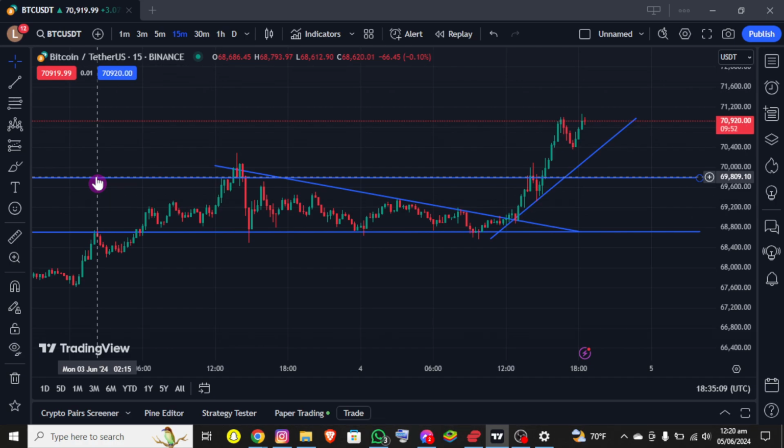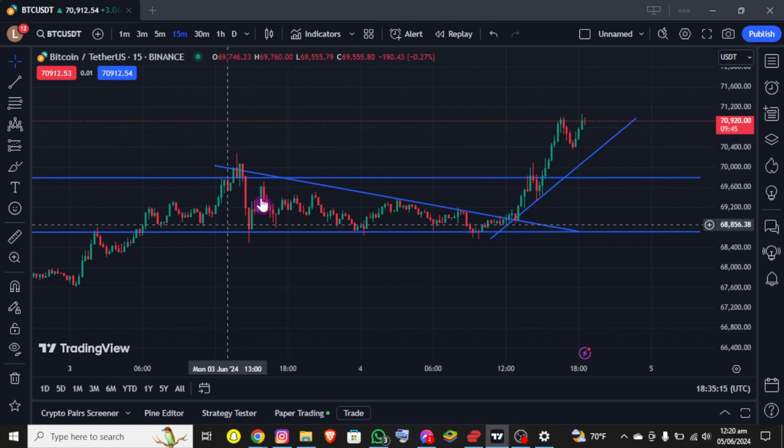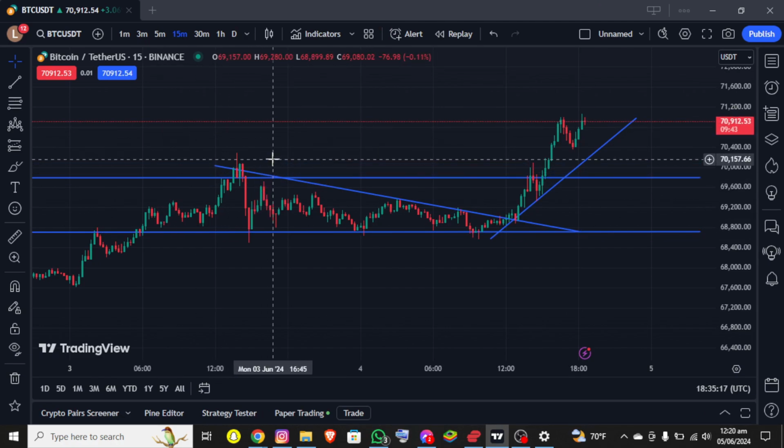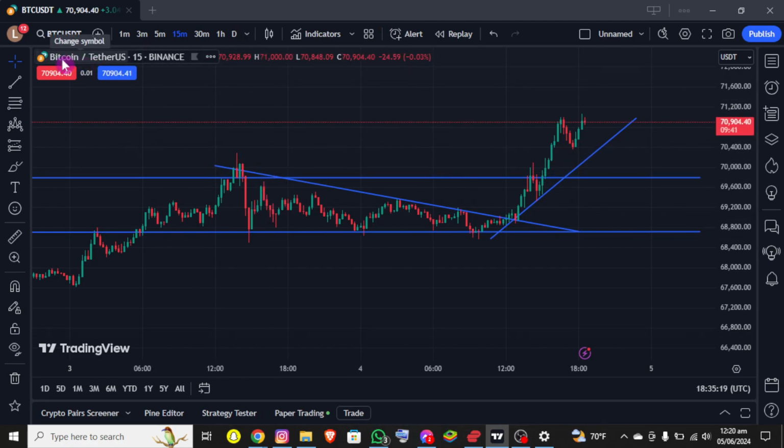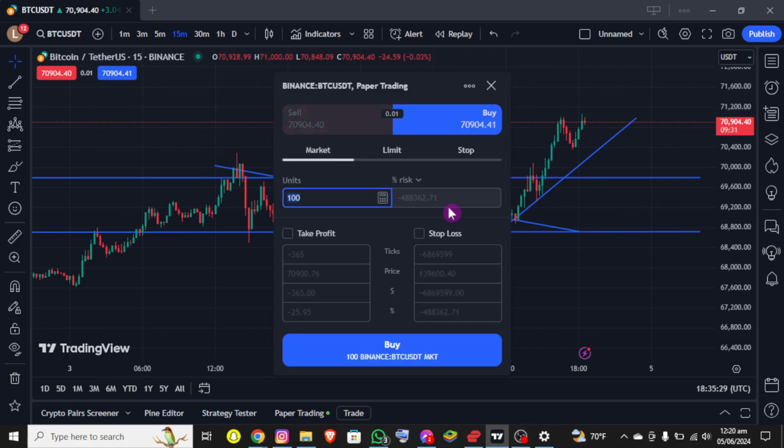First things first, I assume that you already have an account on TradingView and are already logged in. Right after that, you'll be able to see the interface on the screen where you can see the chart of the BTC USDT, and just below the symbol you can see the sell market and buy market. You simply need to click on any of them, but to show you a demo, let me choose one of the options. So once you click on it, another section pops out, right, where you can see you need to